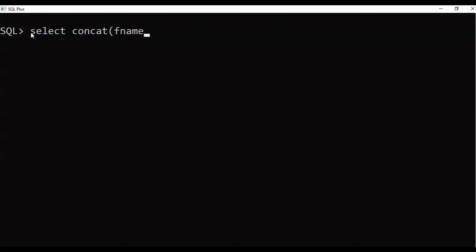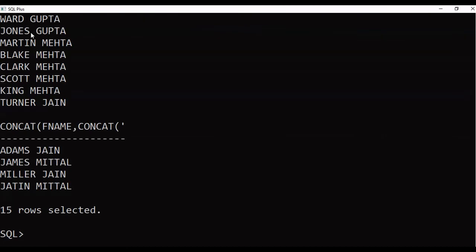We will also combine a space, so we will again write concat because it only combines 2 strings. So there are 2 nested concats. Here you can see the first name and last name. You can use this concat function to combine any 2 strings and print the output.